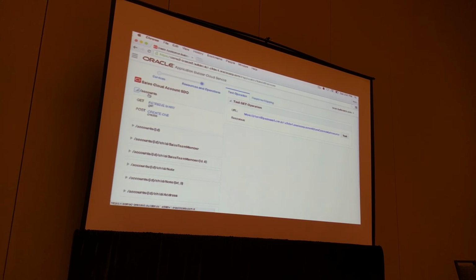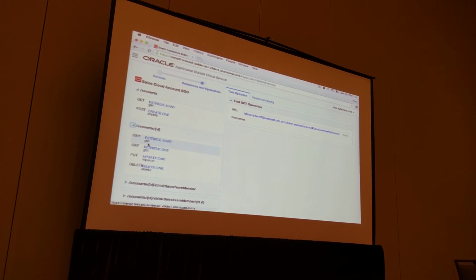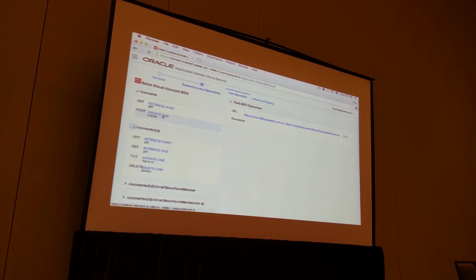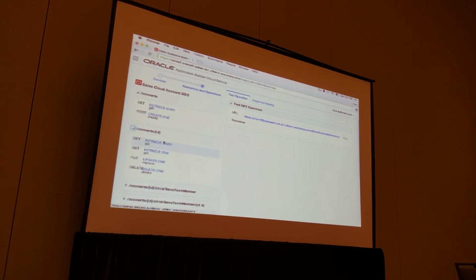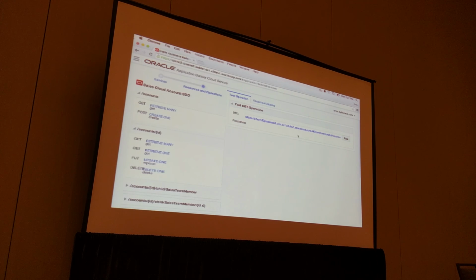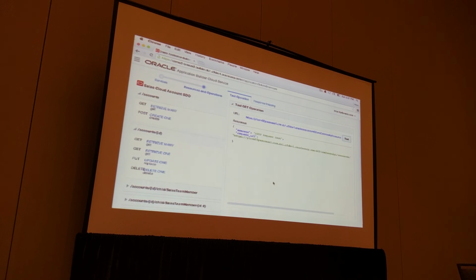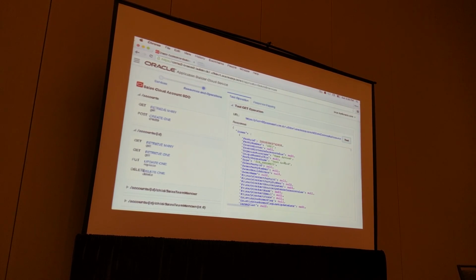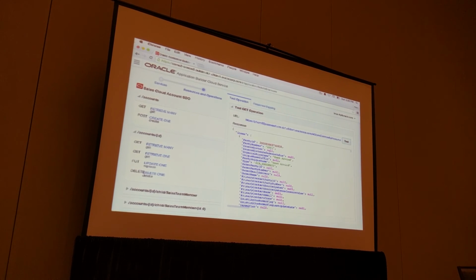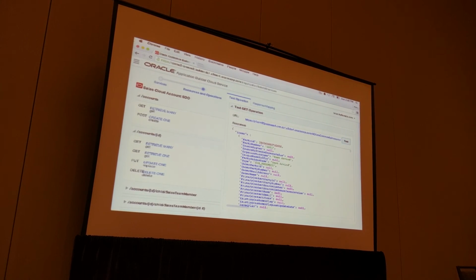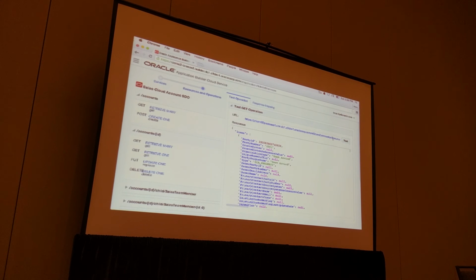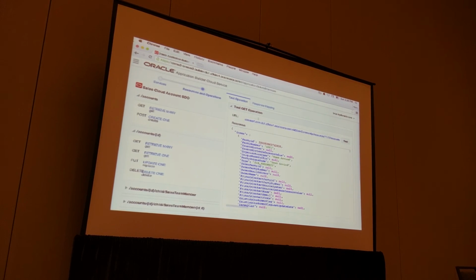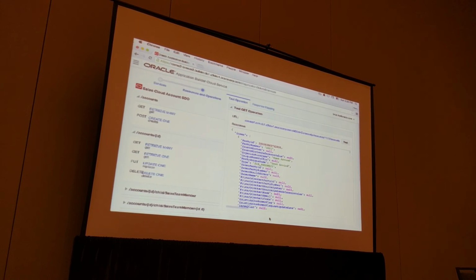And I can even drill down and see the various operations that are exposed. I can see what's exposed here. I can even see what is the URL that's going to be invoked, and I can test this just to make sure that this is getting the data that I expected to get. Right? So I see here the JSON response showing me the list of customers. Now I can further refine this if I